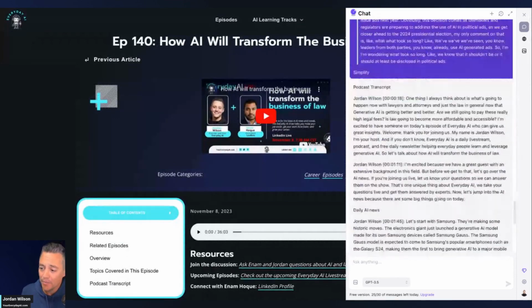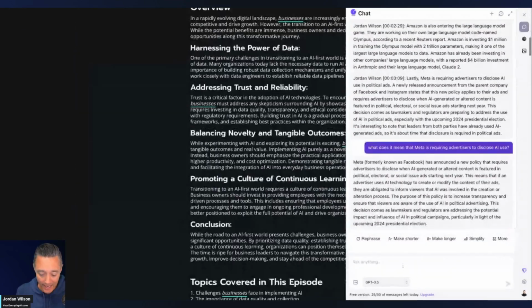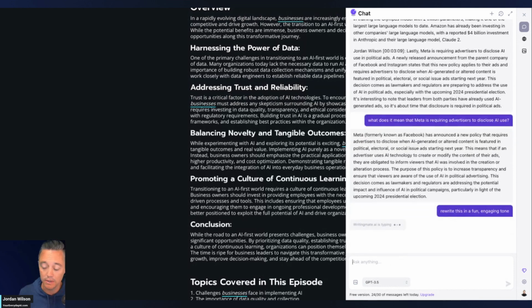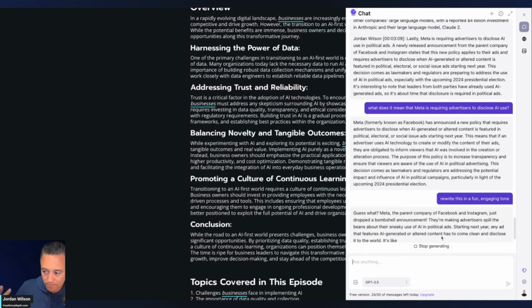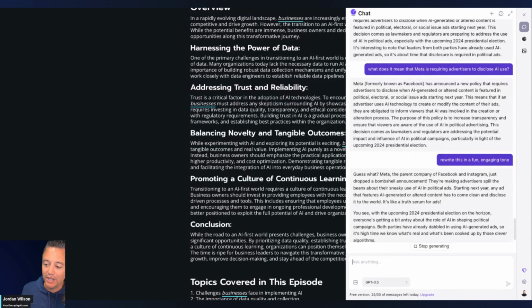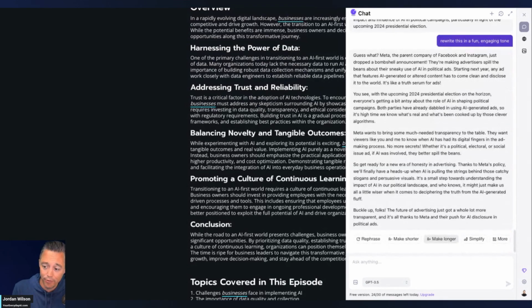So, pretty simple. And then I can also say, rewrite this in a fun, engaging tone, right? There we go. So many great use cases for this. And again, I think there are great paid features, but even the free features are useful, if you don't need it a lot, if you're just doing something quick and maybe you don't want to